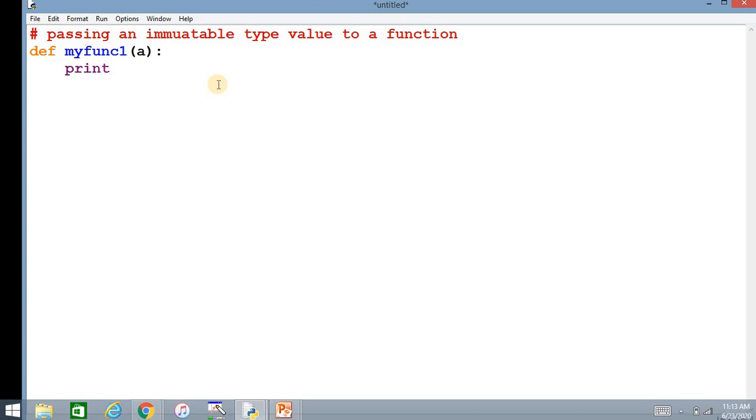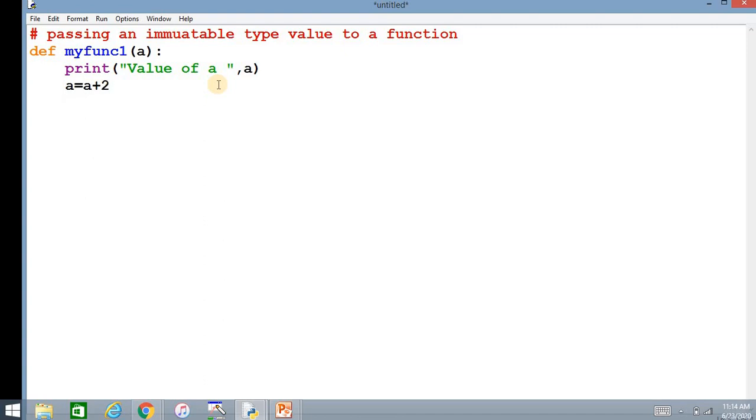Print value of a, comma a. So a is being printed. Next I am going to change the value which is being received. a is equal to a plus 2.